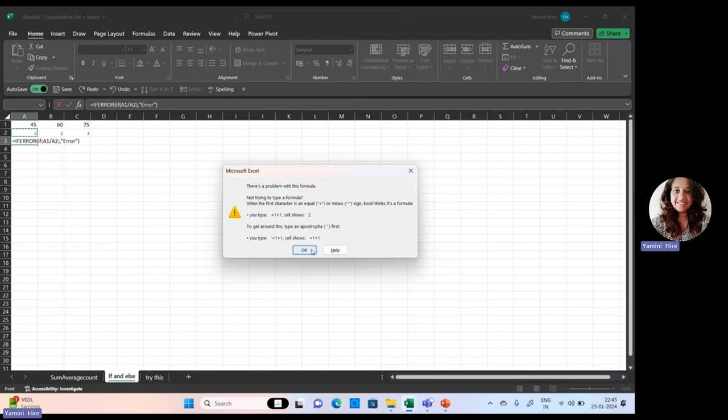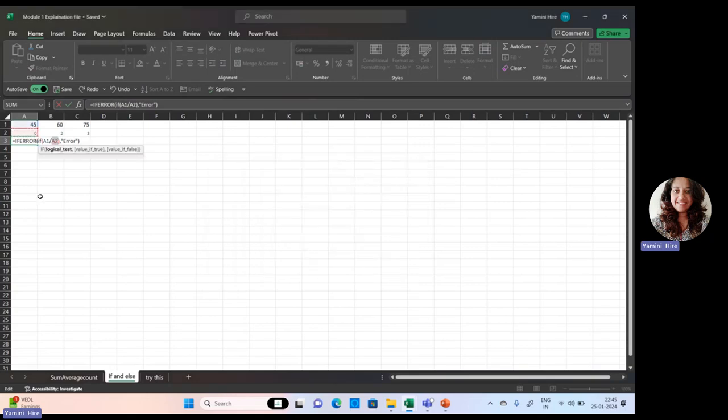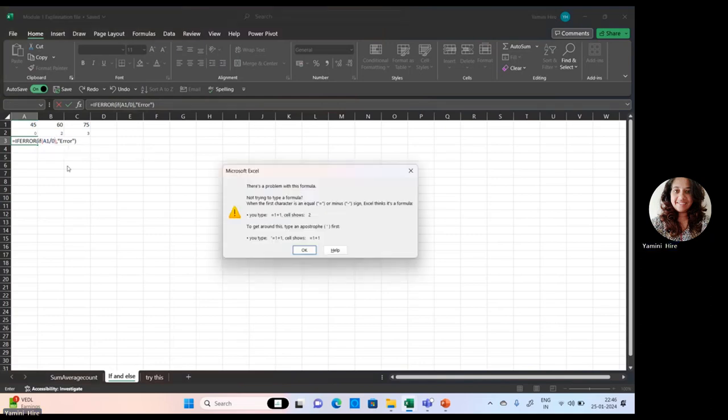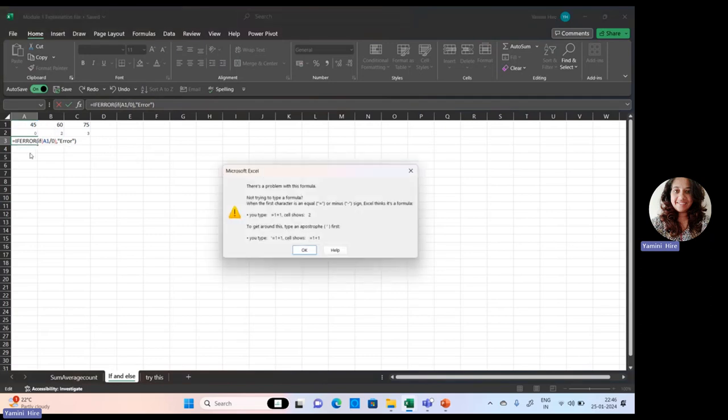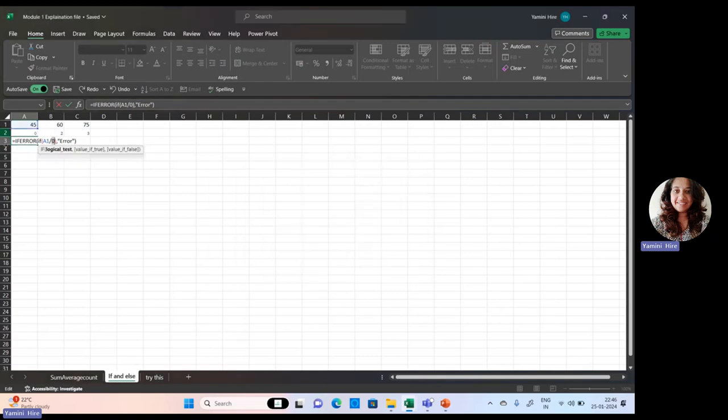So this is giving you an error, key that is not possible, right? So I'm trying 0. Okay, so it will not allow you to do that. So this way you can calculate the error, or if there is an error,